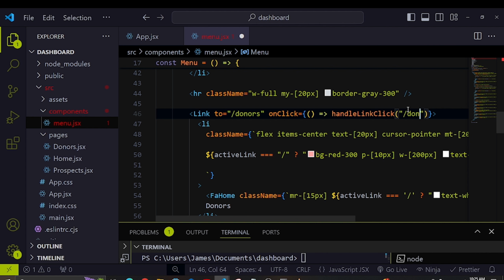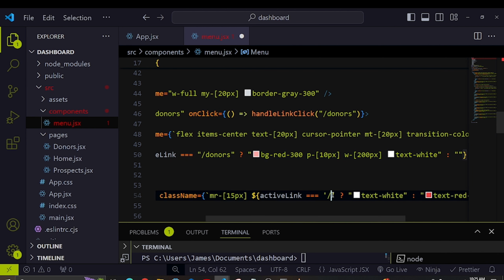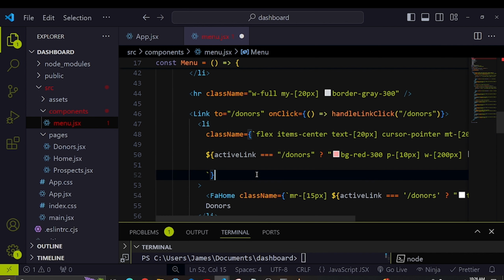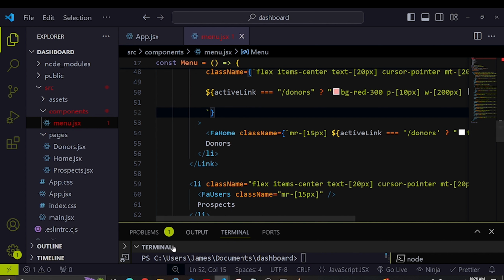So if this changes to donors and also this changes to donors like that, and then here we need to check also for donors, like that. So we need to change this like that. I think now if I save this and then come back here to this application